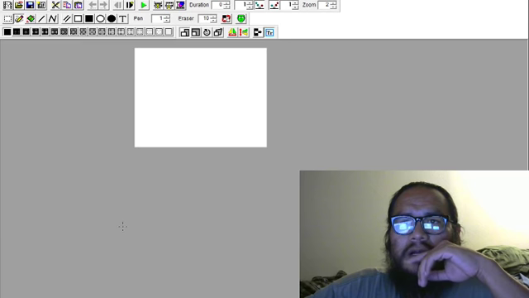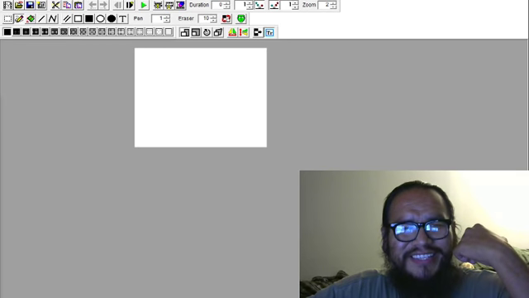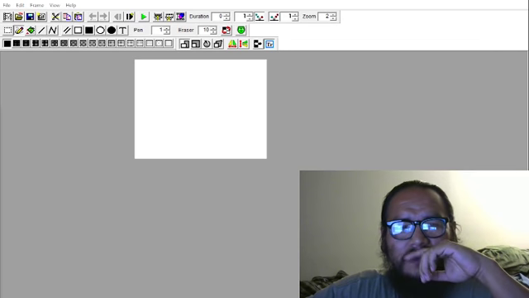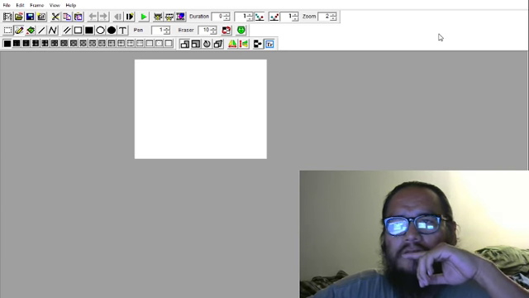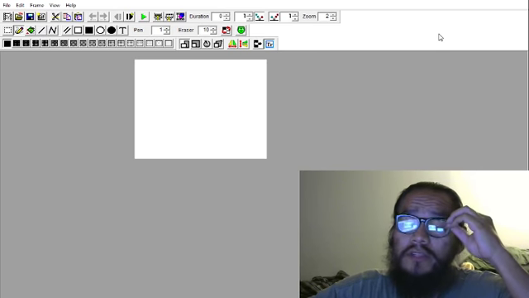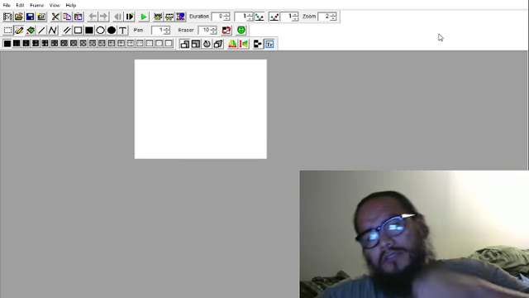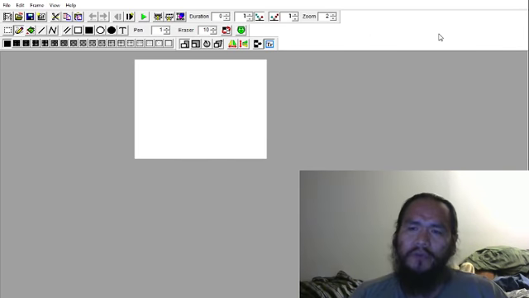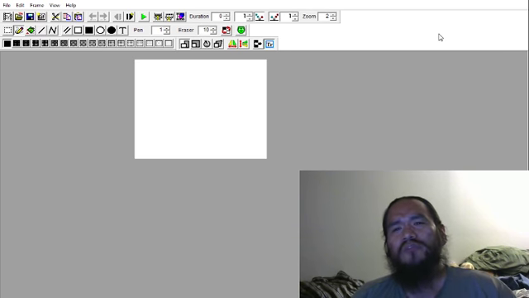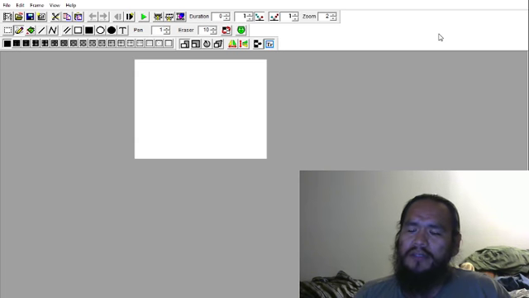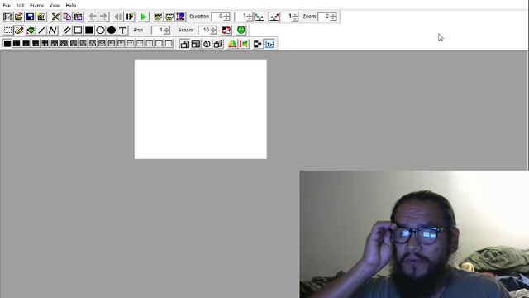So here's your Easytoon layout. Let me get all this in there. All right. So here's the Easytoon layout. The download for this is in the description below, and it's free to download. It's a really basic animation program. And this is what I utilized before I had accessibility to Flash, like way back in the day, and way before